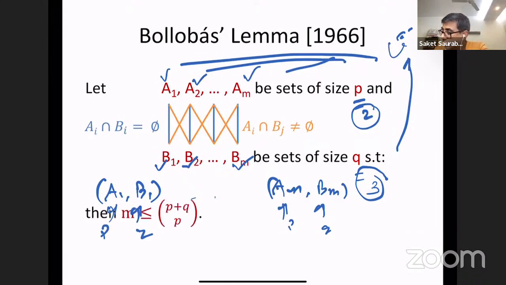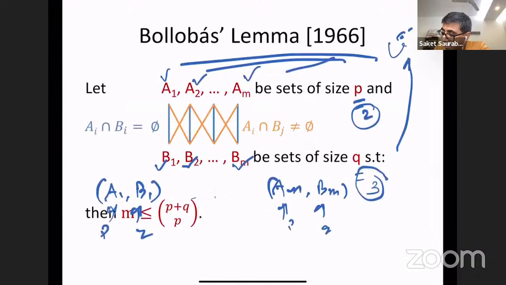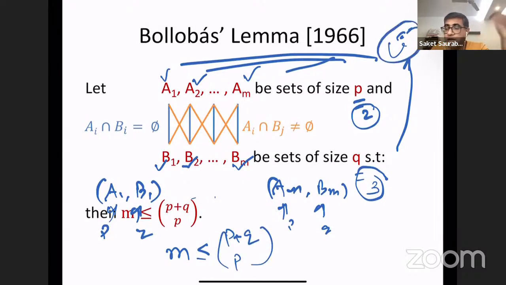And it turns out that the number of such objects that you can make is at most P plus Q choose P. So it is independent of the universe size, right? It only depends on the size of the sets you can create, P, and the size of sets Q. So if I choose 2 and 3, it is basically 5 choose 2,